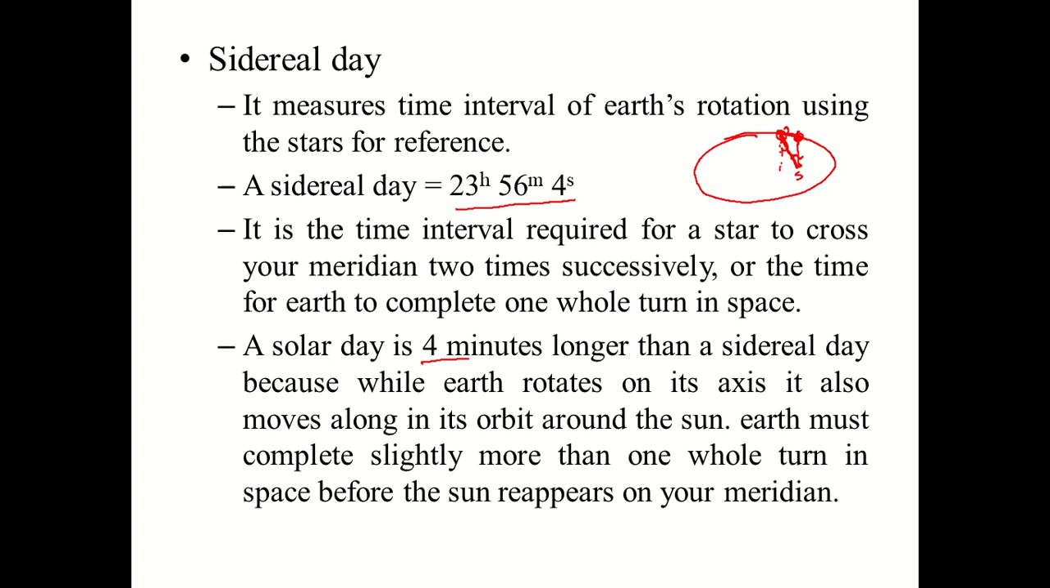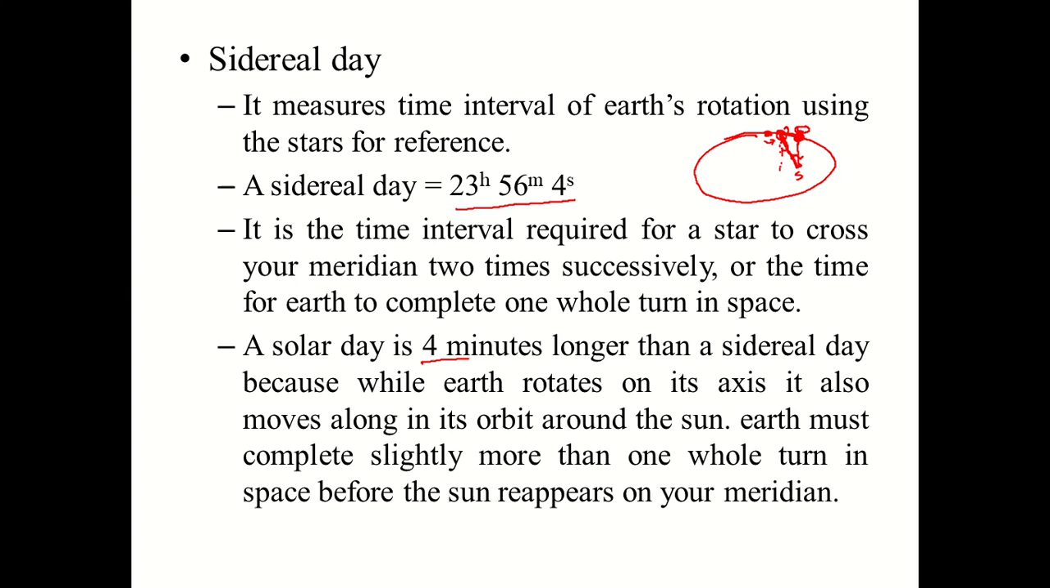If it is not moving, if it is stationary and rotating at this point alone, then exactly when it turns 360 degrees, it can see the sun. But when it reaches some point here, it has to rotate a little more distance to see the sun overhead. So we can say that the sidereal day will be a little less than the solar day, or the solar day will be a little longer than the sidereal day, because